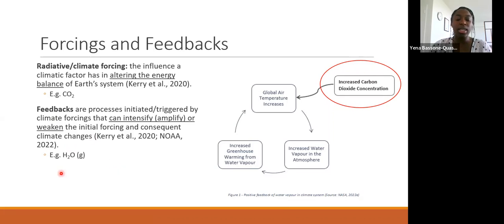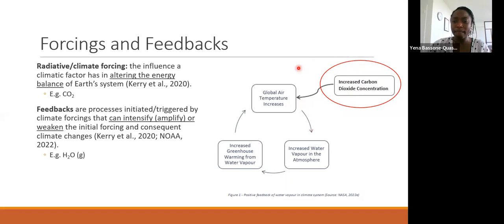And that's the role that water vapor is playing in the climate dynamics. And so this is the feedback loop that shows the influence of carbon dioxide as a forcing agent and how it impacts water vapor in terms of the feedback process. And so an increase in carbon dioxide concentration results in an increase in the Earth's temperature. That's a relationship that has been established,